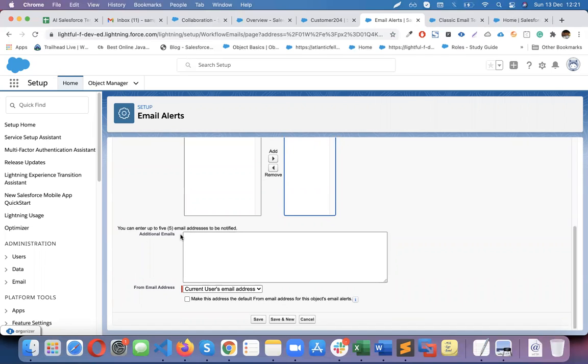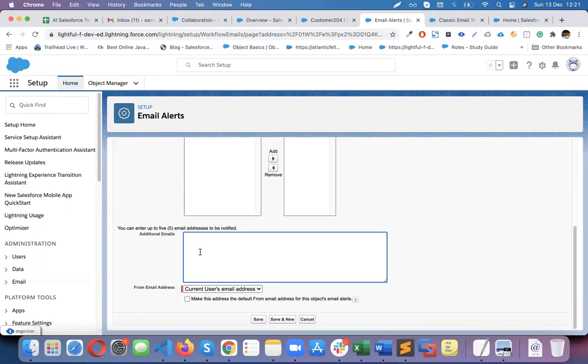And here you can add a maximum of 5 additional email addresses. Maybe if you want to send one email copy to your company also, to make sure the emails are going, you can put one email address. The system will send one email to that particular address. And here it will take by default the current logged-in user's email address. But if there are any automations, the automated user email address will be taken. Otherwise, you can even use a generic email address. You have to create an organization-wide email address, and then you can configure that. So you can enter up to 5 email addresses to be notified.